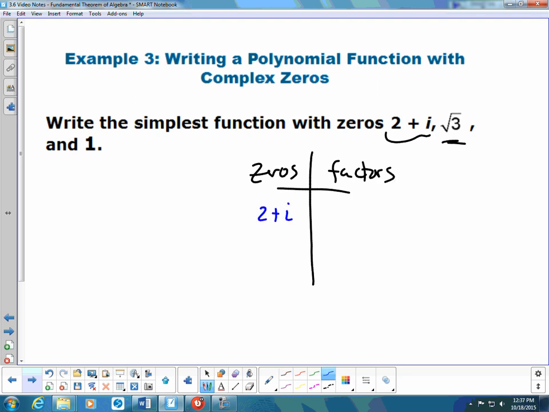If 2 plus i is a zero, then we know that x minus (2 plus i) is going to be a factor. But from our complex zero theorem,